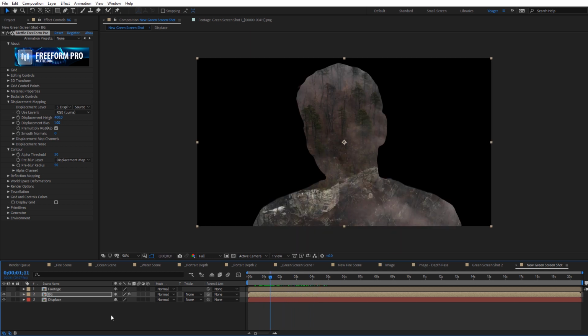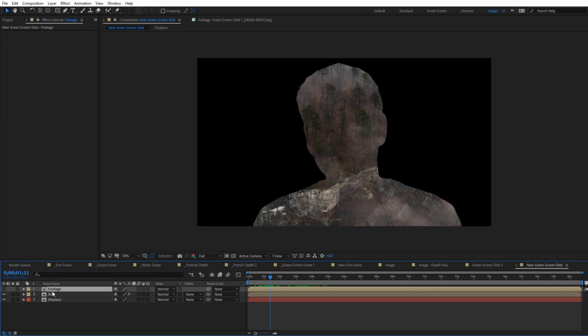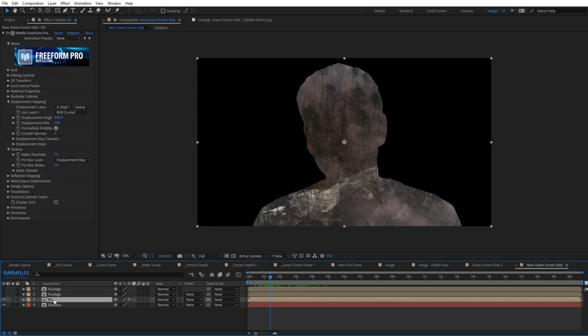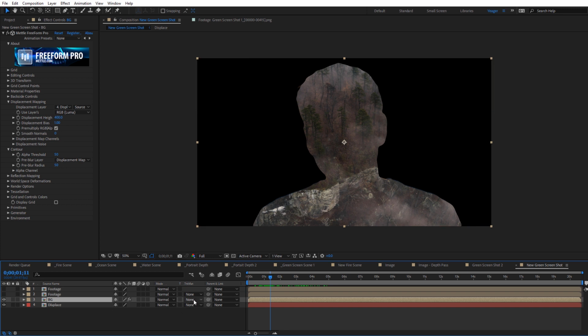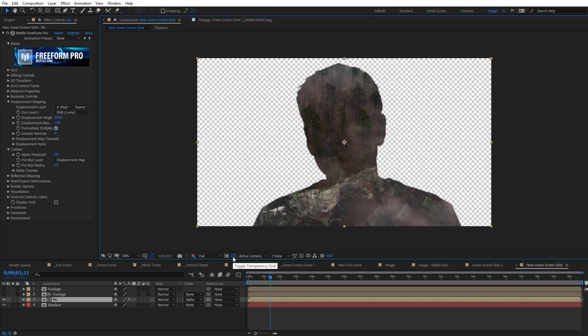So now what I want to do is go to this footage here. I'm actually going to duplicate that as well. And with the background on this footage copy that's just above it, I'm going to select the background layer, and I'm going to select this to be an alpha matte. So you can see when we select that, it's just going to clean up those edges around here, and we still have our alpha channel preserved.